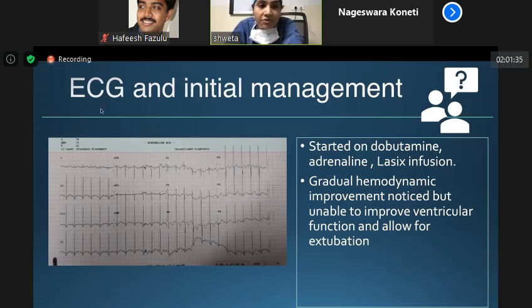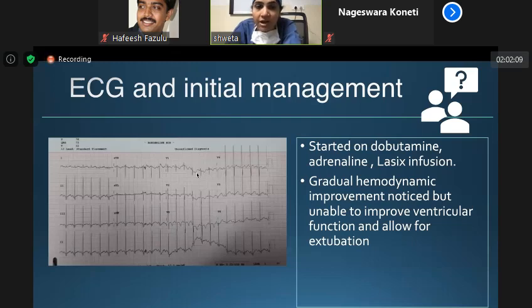Then always first try to see the ECG apart from structural causes. So you can see what is the ECG here. Is it good for an 11 days old child? No, ma'am. In this, ma'am, there is more of left ventricular predominance for an 11-day-old child. Yes. So there is left axis deviation. See here, very tall R wave in lead 2 and AVF, and very tall R wave in V6. So normally an 11 days old child should have right ventricular dominance.